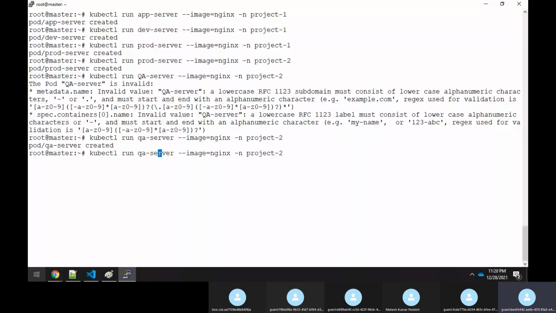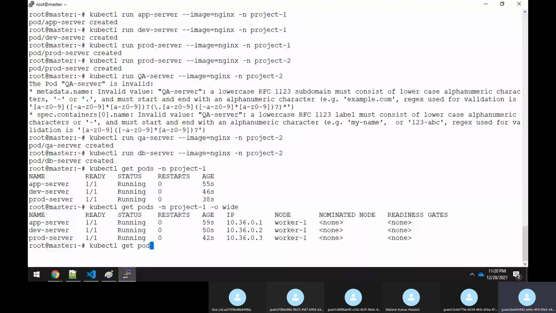Okay, now you say kubectl get pods -n project1. Similarly, kubectl get pods -n project2 namespace -o wide.